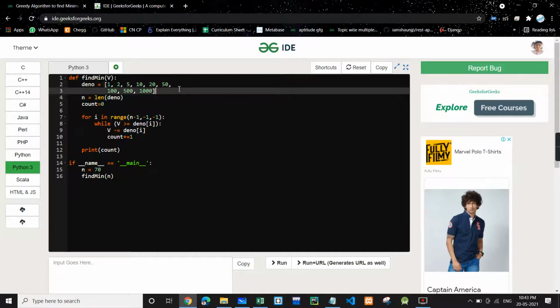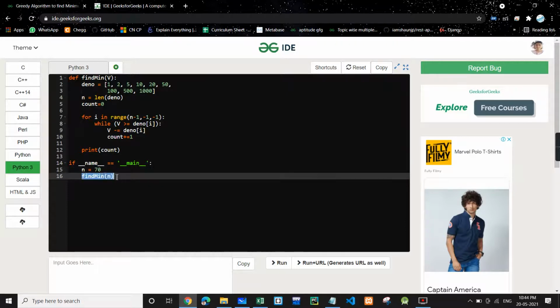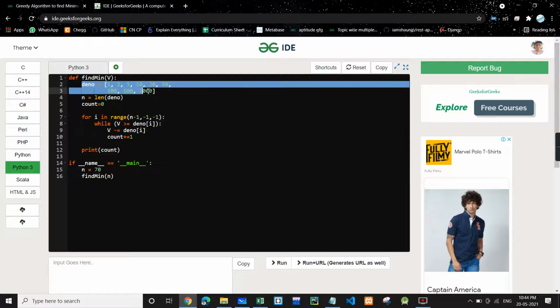The code is pretty simple. We have a main function, we have n as 70 which is the amount, then we will find the minimum number of coins, and 70 is passed as a parameter, and then we have this denominations list which is already given to us in the question.